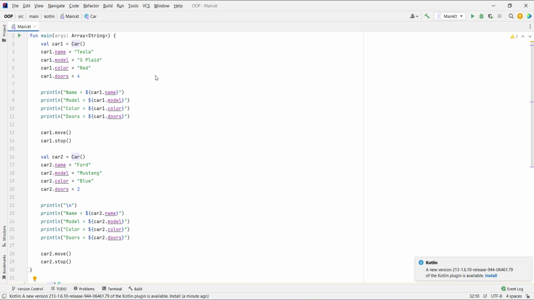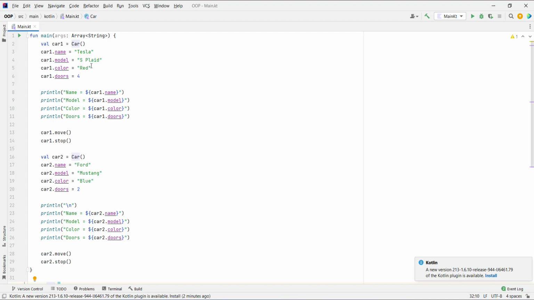So in the last video we saw how we can create a class and then how we can define some properties and some functionality to that class. Then we used that class to create two objects, and then we defined some values for the properties of those objects. But the way we define values to the properties of the object is to call the object and then the property of the object, and then we assign a value.